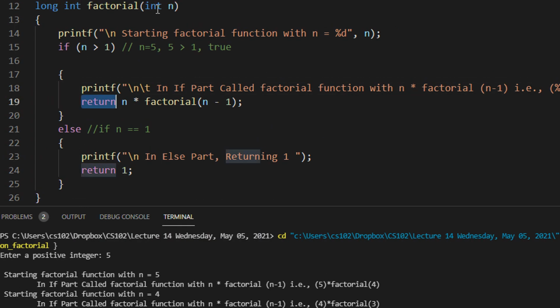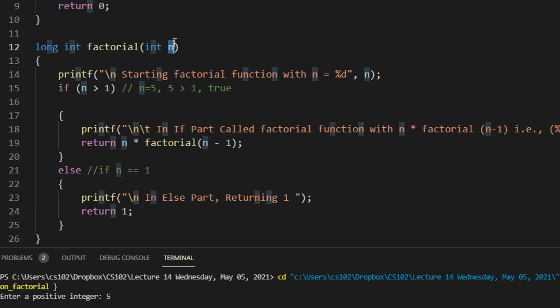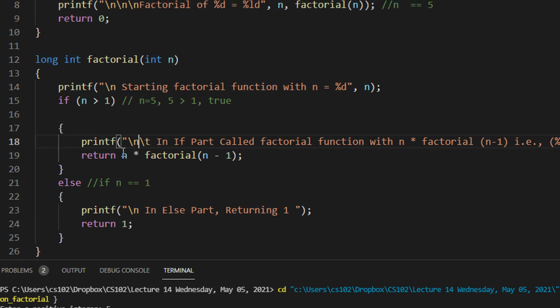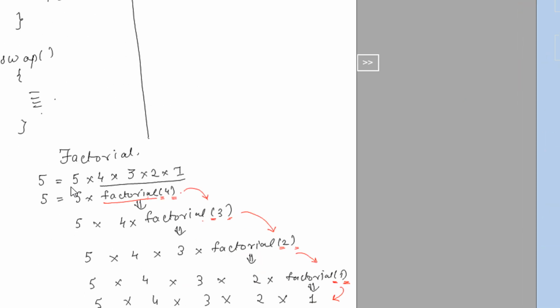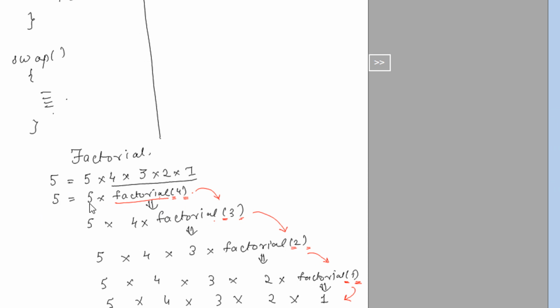So whatever number I am having, let's say 5 in this case, I am returning 5 multiplied by factorial of 5 minus 1, which is 4, which is nothing but what I showed you on this particular sheet, right? So factorial of 5 is 5 into factorial of 4, which is nothing but factorial of n will be n into factorial of n minus 1.